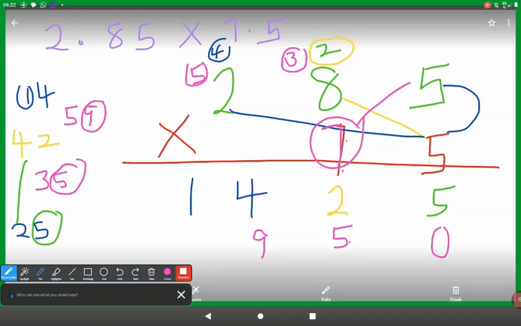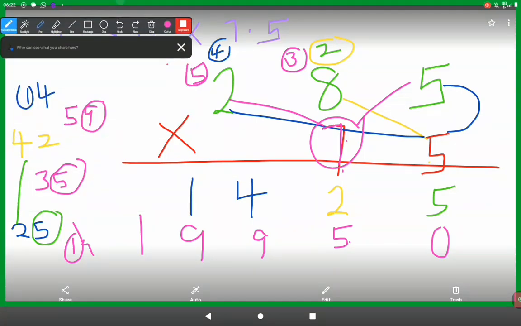Thereafter, I'm going to do 7 times 2. 7 times 2 is 14. Do not forget you are keeping 5. So 14 plus 5 is 19. Then 19, there's no other figure where I can keep my 1. So I'm going to write the 019. Just like this. After that,